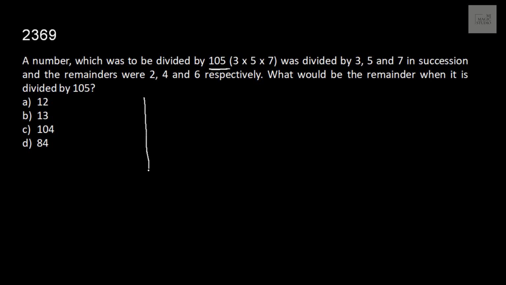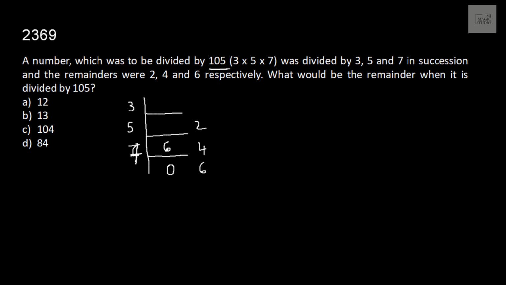So there is a small technique to find the smallest of such number, which when divided by 3 leaves remainder 2, when divided by 5 in succession leaves remainder 4, and when divided by 7 leaves remainder 6. To find the smallest of such number, we start from the down and try to move upstairs. Let the quotient which we get when a number is divided by 7 be 0. That means it is not divisible by 7 anyways, and the remainder is 6. That means the number is nothing but 6.